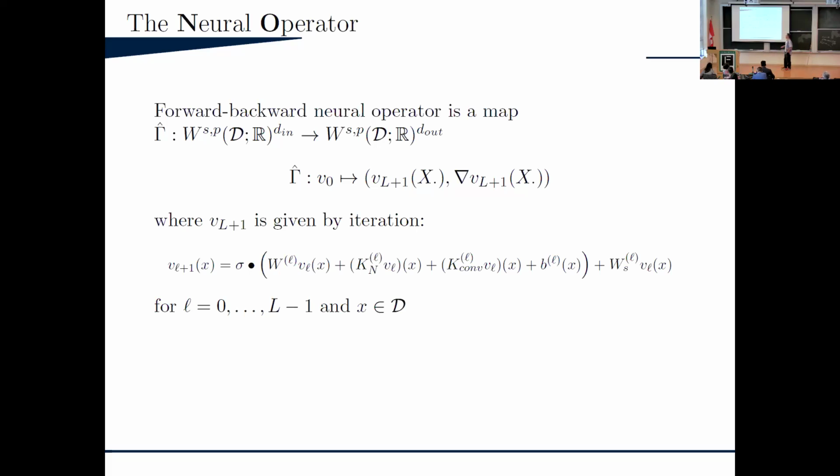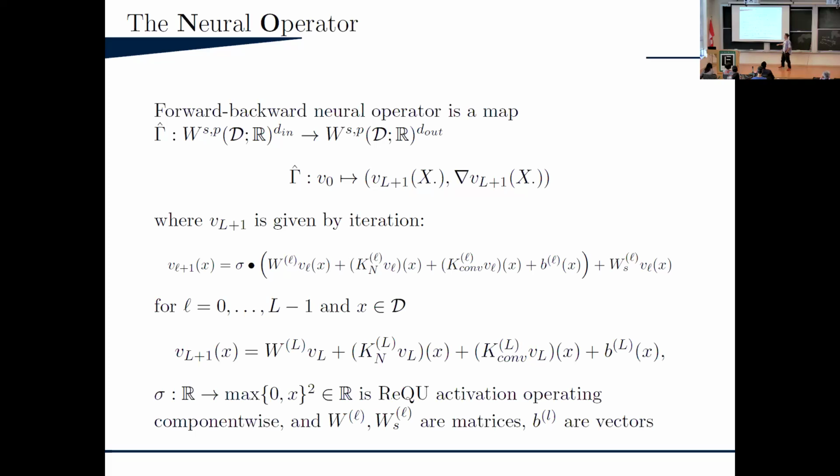So what does it look like? The function, or the pair of functions, comes in, and you do the following operations iteratively. First, you do some component-wise multiplication via some matrix. It's like a classical neural network in finite dimensions. You do some specific convolution, which I explain on the next slide, and you do some other kind of convolution, which I also do on the next slide. Long story short, this is like the smooth part of the Green's function convolving, and this is like the singular part. Then you add some additive function, like an infinite dimensional bias. That's just a classical neural network. After you do that, you apply a component-wise nonlinearity, just like in the finite dimensional case.